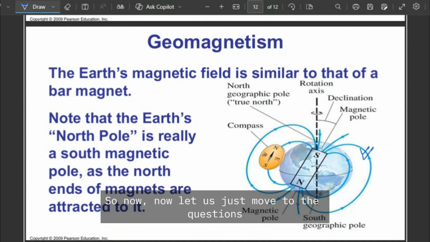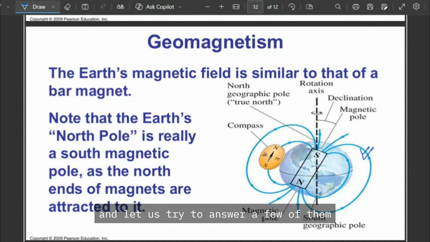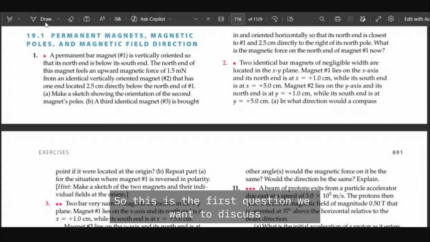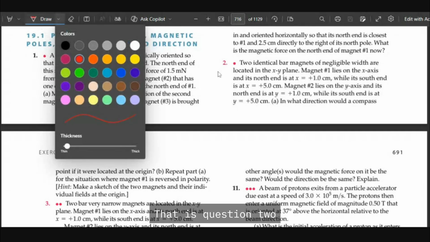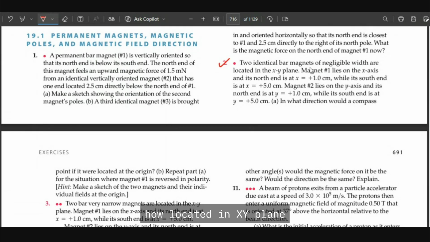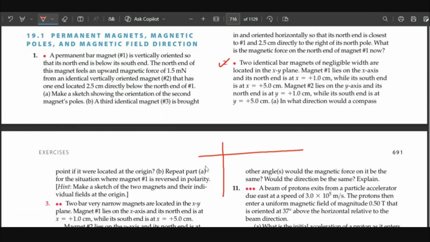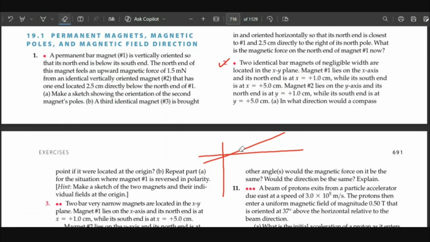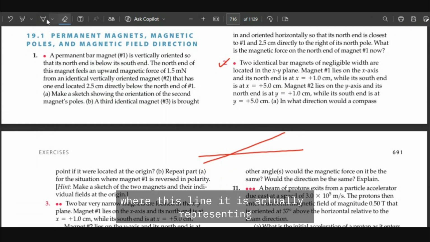So now let us move to the questions and try to answer a few of them. This is the first question we want to discuss, that is question 2. The question says that there are two identical bar magnets of negligible width located in the XY plane. XY plane is what? Suppose this is a plane, so this is going to be the XY plane, the horizontal one, where this line represents the vertical